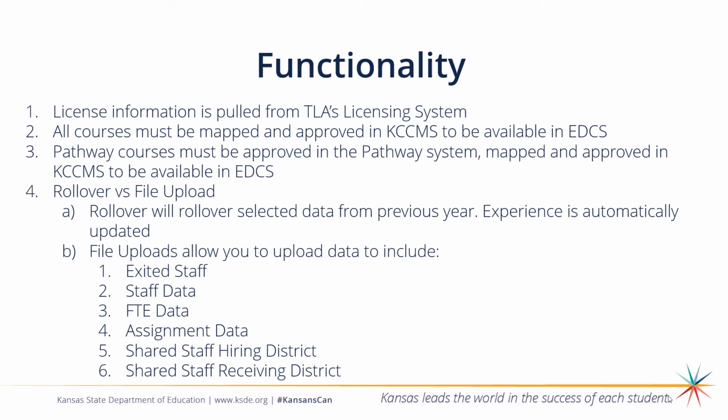So a little information about functionality. This feeds into the staff assignment report, if you wondered how the system identifies individuals that may not be licensed appropriately. EDCS pulls information based on the Social Security number from our licensing system. It pulls that educator's endorsements and the type of license he or she holds, and once it pulls it, it applies that to the course code that's been entered for their assignment. That's how that check works. EDCS pulls from our licensing system.